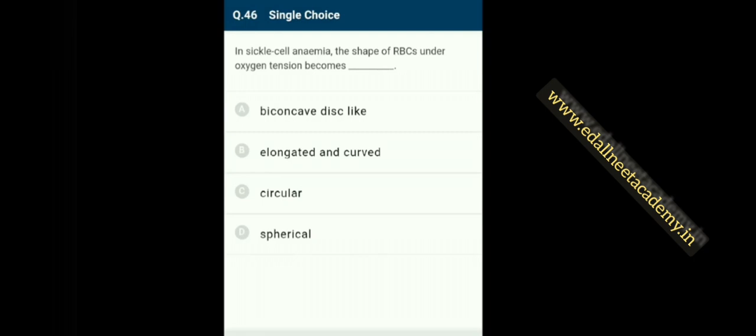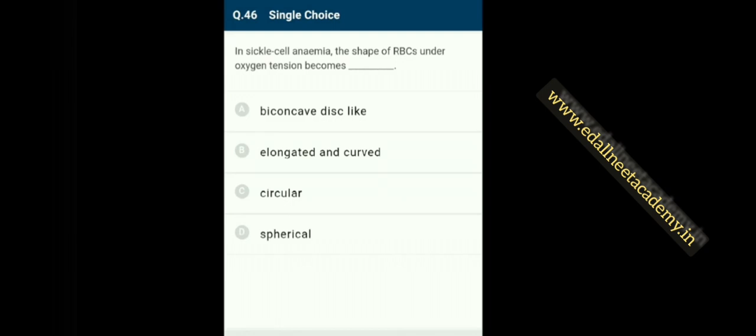Sickle cell anemia is a type of genetic blood disorder which is inherited from the parents. The person suffering from it develops an abnormal hemoglobin that leads to the formation of elongated and curved, or sickle-shaped, RBCs. Such a condition occurs when the individual inherits two abnormal copies of the gene for the beta globin chain of hemoglobin